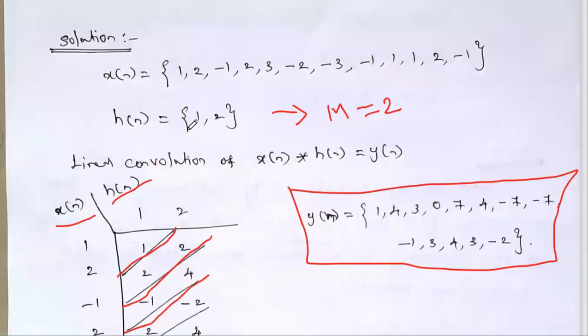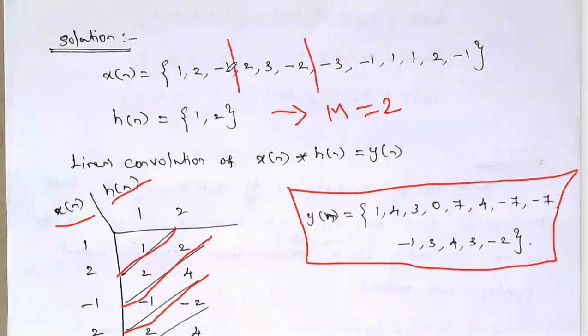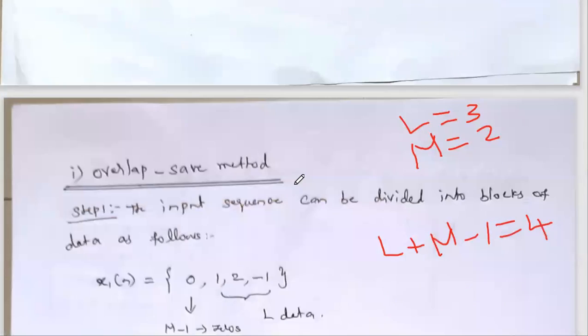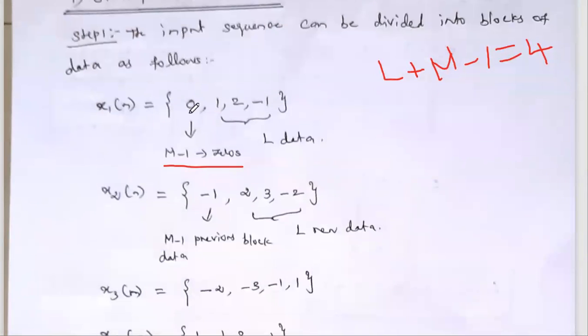You divide this x of n sequence into 3 samples each: the first 3, next 3, next 3, and next 3. The first 3 samples are 1, 2, 1. So to construct x1, the first m minus 1 is only one 0, followed